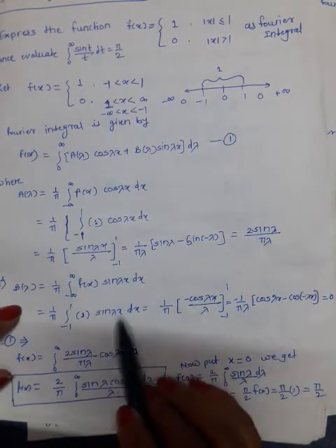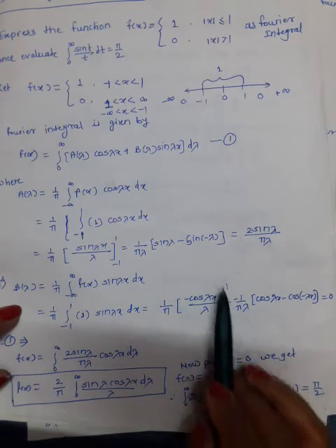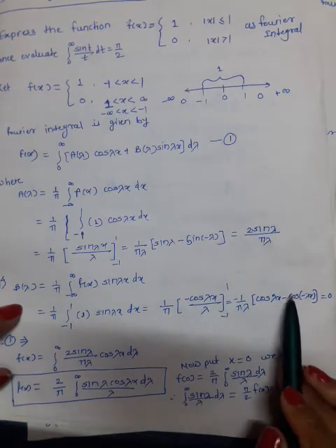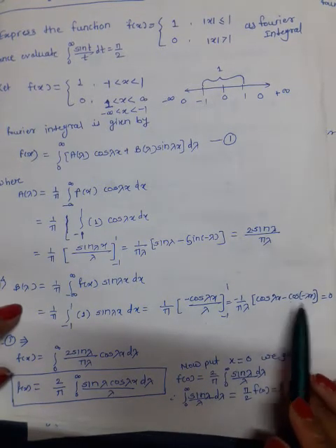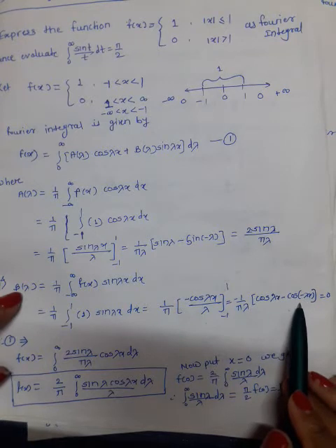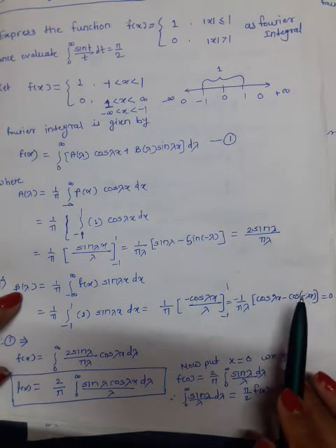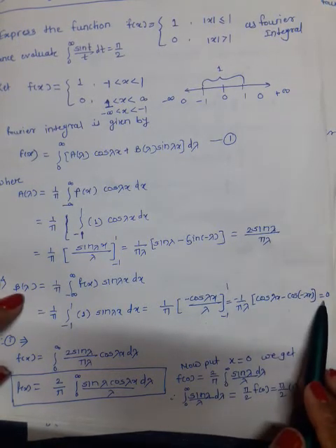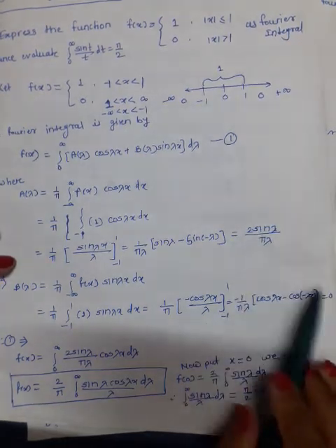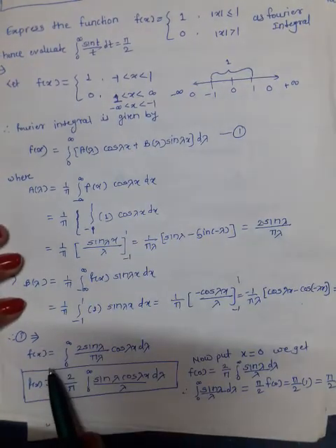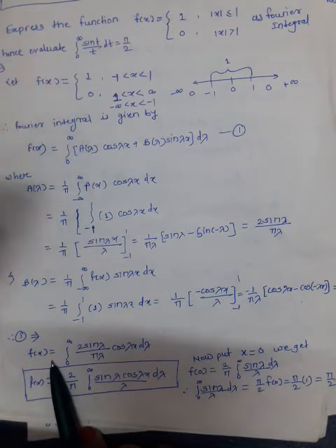Sin lambda is minus cos lambda x, and after putting values we have cos of minus theta. We know cos of minus theta is plus cos theta. That's why cos lambda x gets cancelled and the answer becomes 0. Okay, now put this value in this integration, we get the Fourier integral formula for this f(x), which is given by f(x)